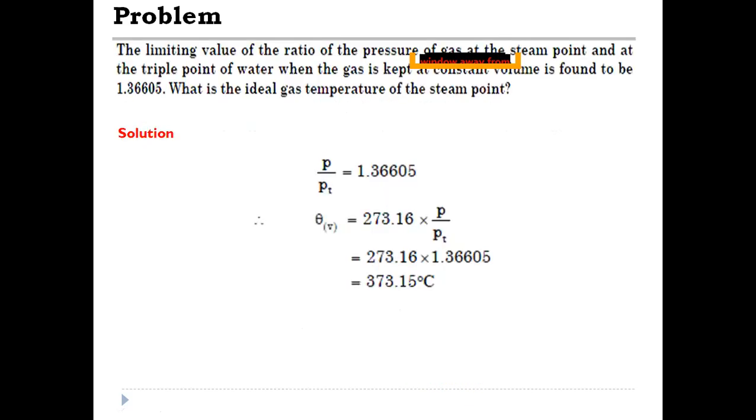So coming to the next problem. So this is our next problem. The limiting value of the ratio of the pressures. So this is the ratio of the pressures for the steam point and the triple point of the water is